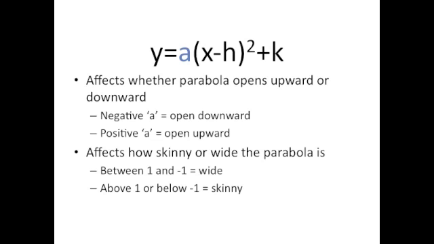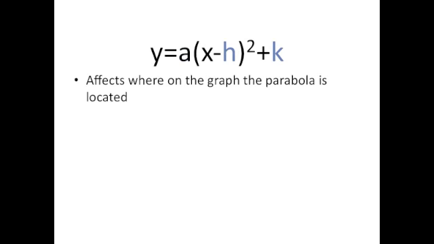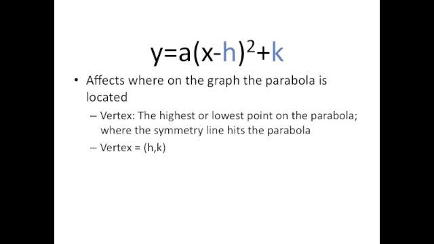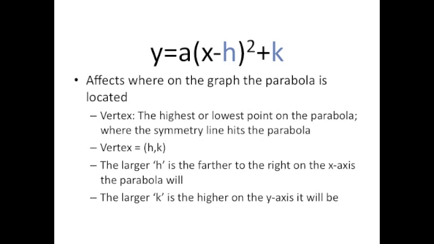The next variables that affect what your quadratic function will look like are h and k. H and k affect where on the graph the parabola is located. The vertex of a parabola is the highest or lowest point on the parabola. It's also where the symmetry line hits the parabola. The point of the vertex is actually located at (h, k). The larger the variable h is, the farther to the right on the x-axis the parabola will be. The larger the variable k is, the higher on the y-axis it will be. So h affects where the parabola is located on the x-axis, and k represents where the parabola is on the